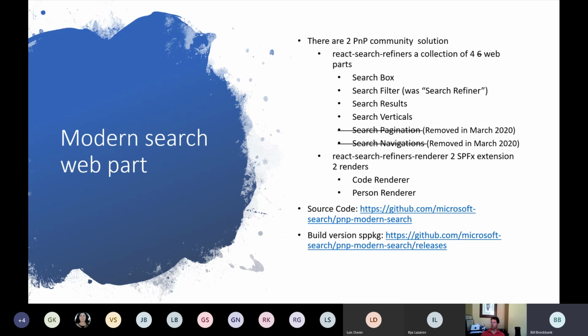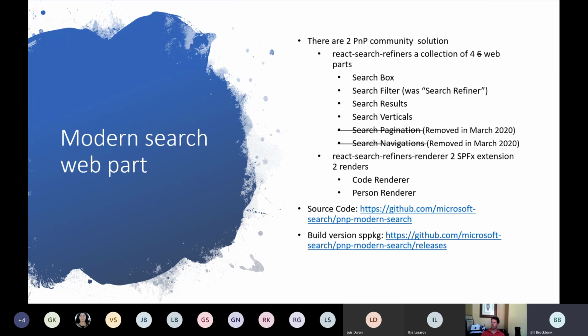Now, search results, what's unique about it is that it can actually be used as a content query web part as well. It's self-contained. You don't have to tie it to a search box and search queries. You can go build it out with its own query, build its own design, and actually make it a content query, and you can run your own custom templates against it to get any type of rendering you want out of it. Now, custom rendering is done with handlebars. Not that hard to learn. If you've ever done any of that work, it's very good. And there's a number of helpers built into the component, so you get a lot of conversion available for you.